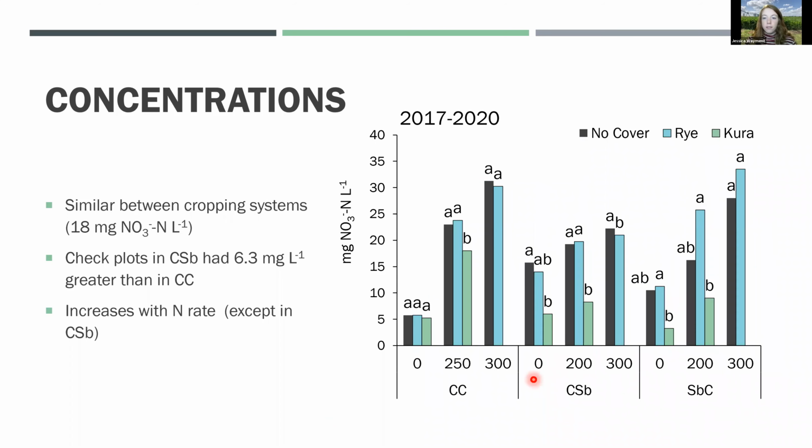And this graph is showing the differences between concentrations from the cover types and the nitrogen rates. And averaged across each of the cropping systems, we noticed that it was actually similar concentrations, about 18 milligrams per liter. And in the check plots of corn-soybean, you had 6.3 milligrams per liter greater than in continuous corn. And although both of them didn't receive any nitrogen, and even in the soybean-corn,